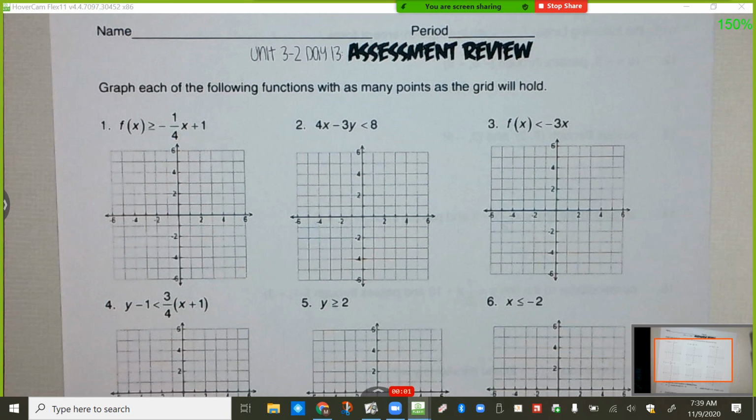Assessment review. The assessment will be tomorrow. So we are graphing